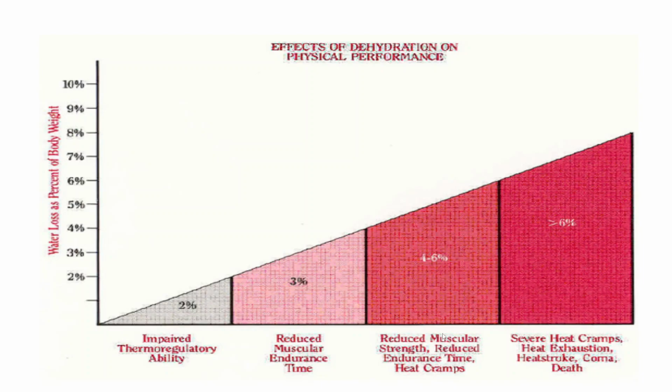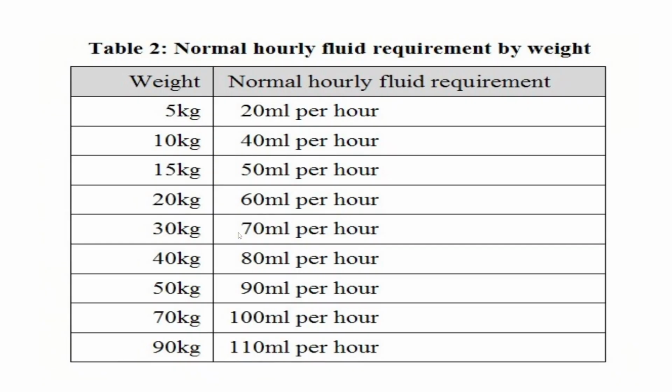Similar situations would occur in other cells also. If more than 6% of the intracellular fluid is lost, it results in heat cramps and heat exhaustion in the case of the muscles. In the whole body, it can result in coma or death. So intracellular fluid is ultimately a deciding factor in the fluid loss.